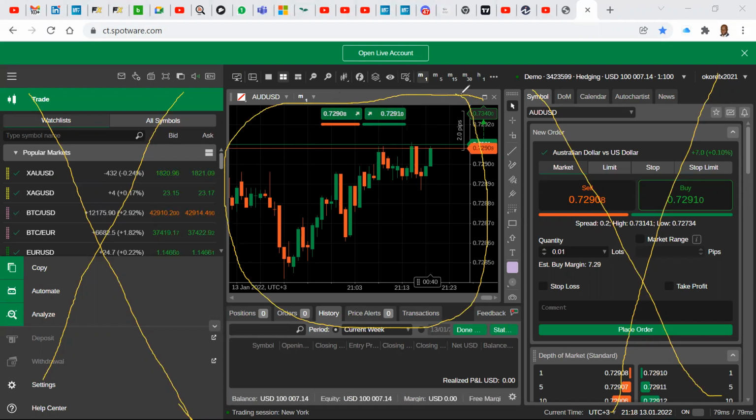So how do we remove this? Why am I saying this is the default? This is the default the first time you log in, if you don't have an account at CTrader. Whether you download or you just use this CT Sportswear on top, this is what you get.